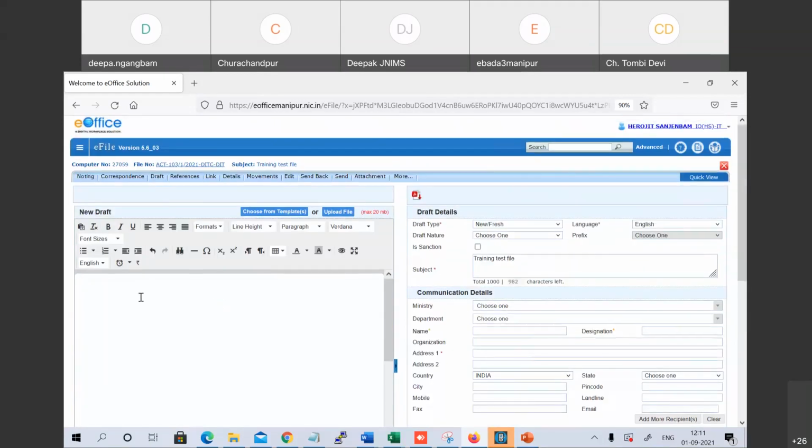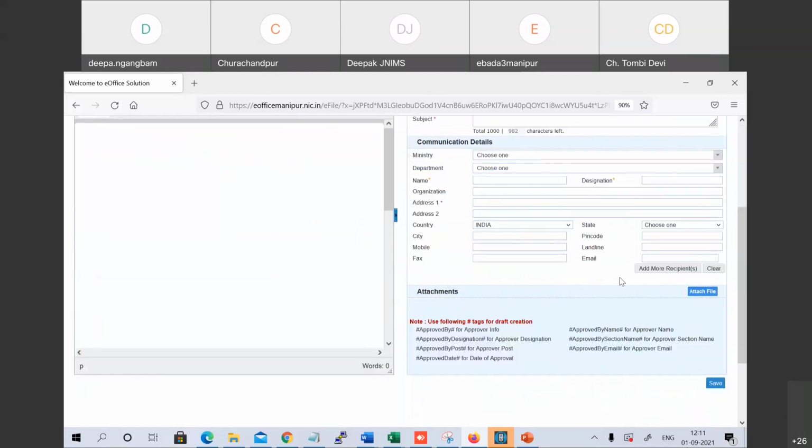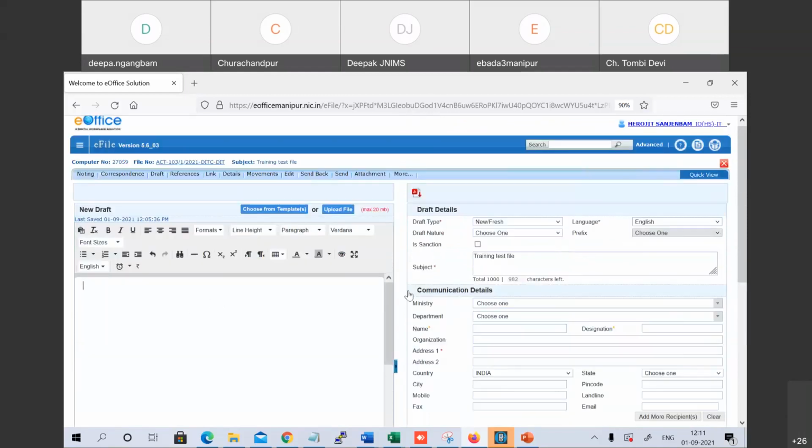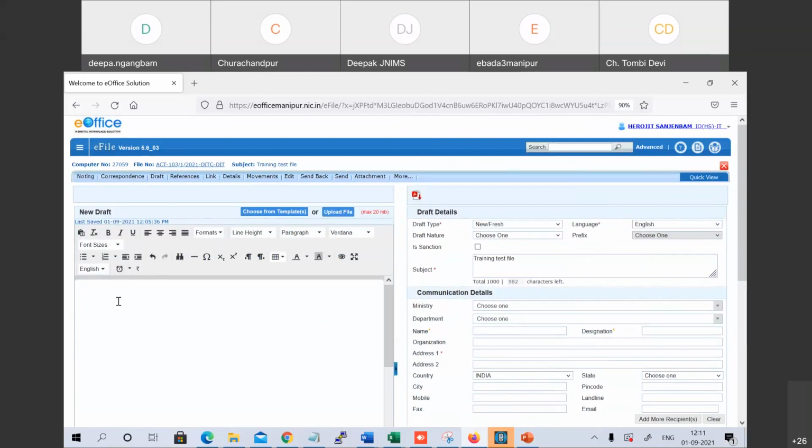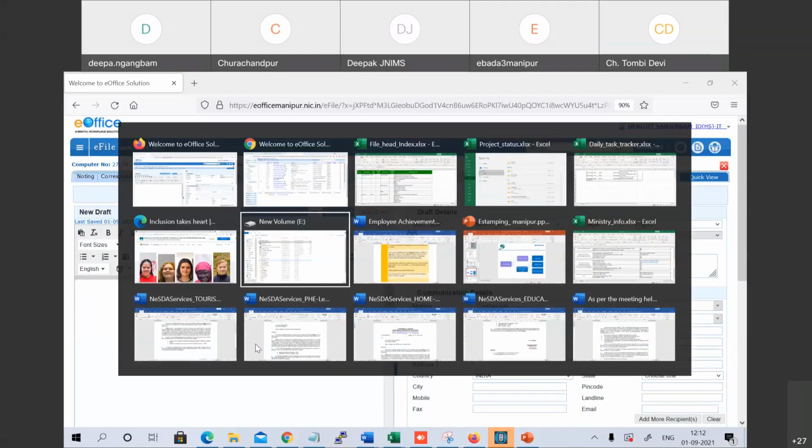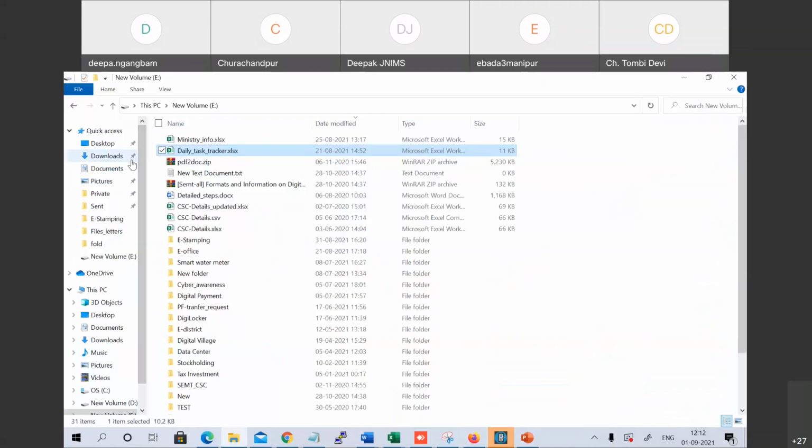So create new draft, you get this particular page and you get all these metadata tabs, like we have in the receipts, the dak part, which I've shown you earlier. So in this case, generally it says you can upload a file, you can choose a template and things like that. It is okay, you can always upload a file also, but we would always advise you to either type in here or copy paste from the Word document which you have written. Okay, for example, let me just show you